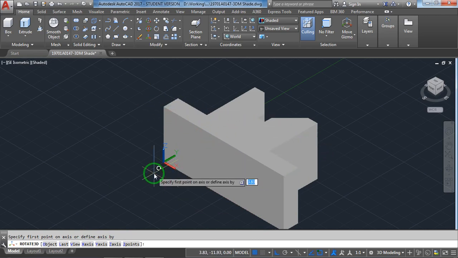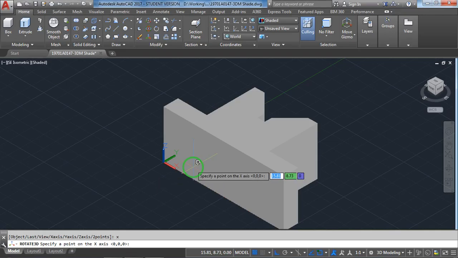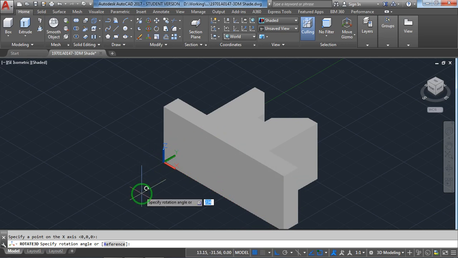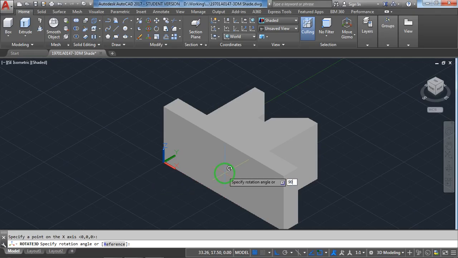So reference X, enter. Once X is entered, specify a point on the x-axis. With respect to this point I'm rotating, 0,0 default, enter. Now at what angle with respect to x-axis should it rotate? If it rotates by 90 degrees, then automatically I will get vertical. So 90, enter.